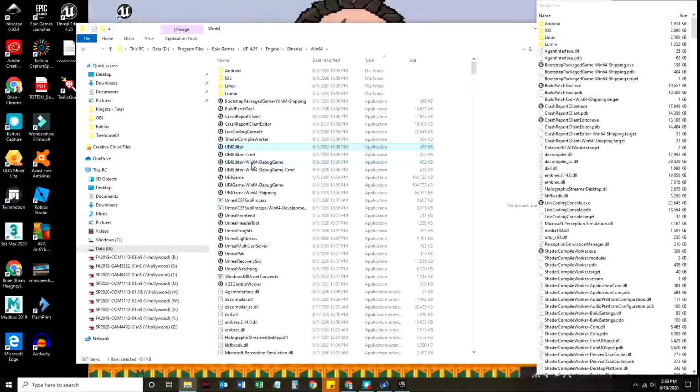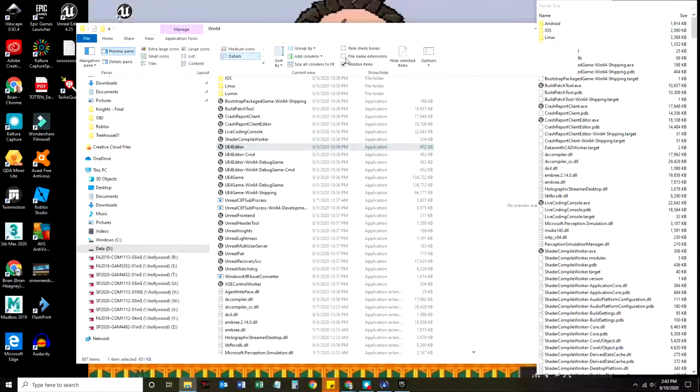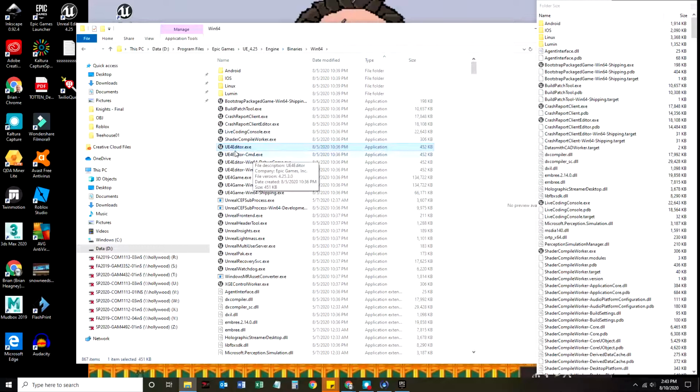I find that really weird because I like to know whether my files are EXEs, MSIs, JPGs, right? So I like to make sure I can see the file extension. There it is, UE4editor.exe, and if you double-click that,